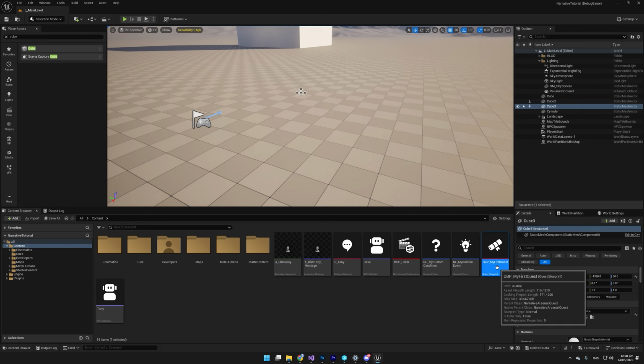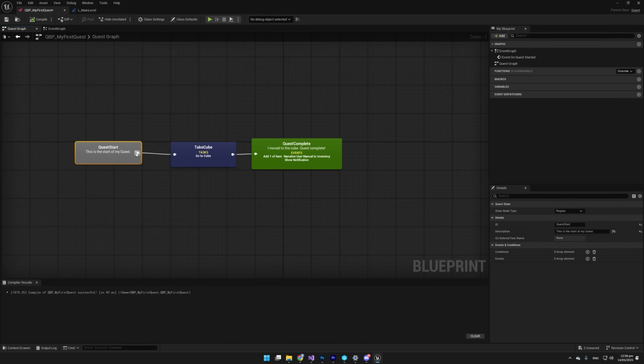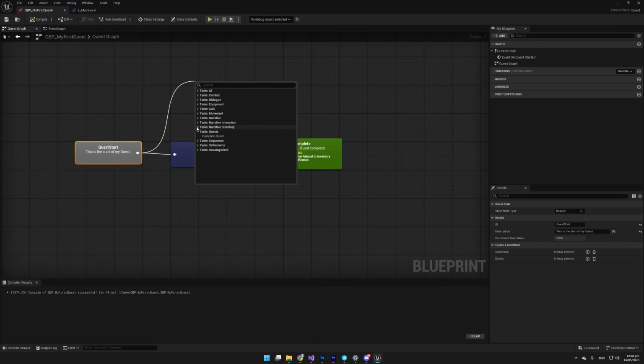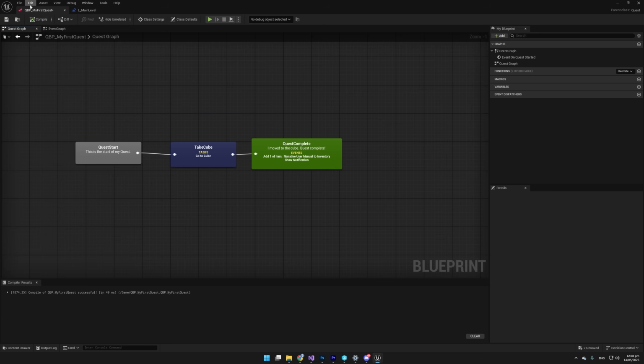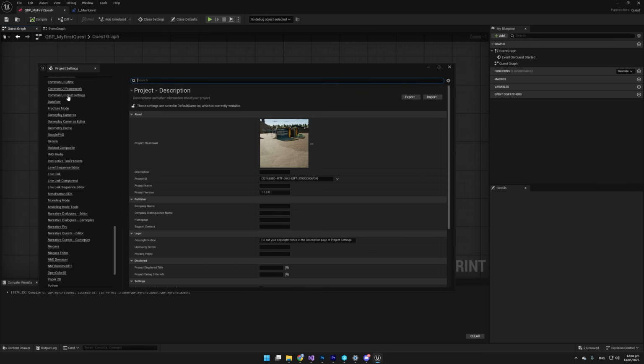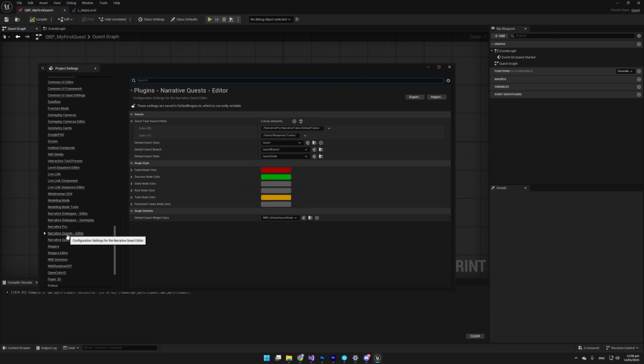So the last thing that I simply have to show you is how do you add your own quest tasks? Because every game is going to want its own quest tasks. We do give you lots of useful ones, but usually you're going to want more than these. So let's do that. So if you go into your project settings, you just need to be mindful that we